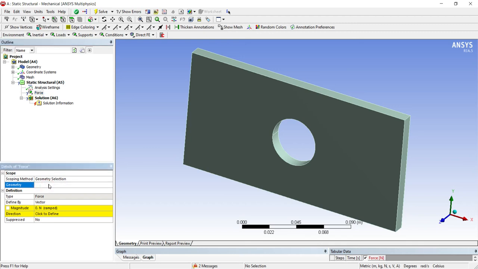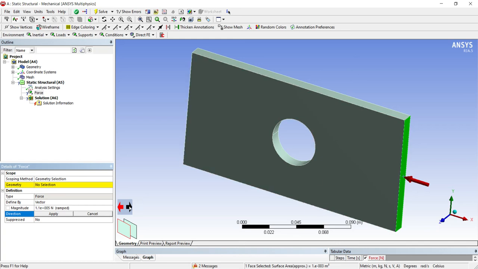Let me just define the geometry here. This face I'll define. So the type is force, the value is vector, the magnitude is 1,10,000. I will add it. Okay. Direction, I'll reverse it. It is moving in reverse direction. I'll use these tabs to change the direction, and then once you define the direction, click on apply. Once you define the direction, magnitude and the force,